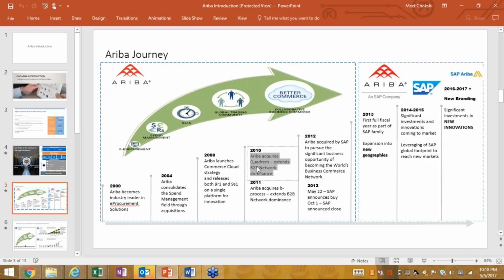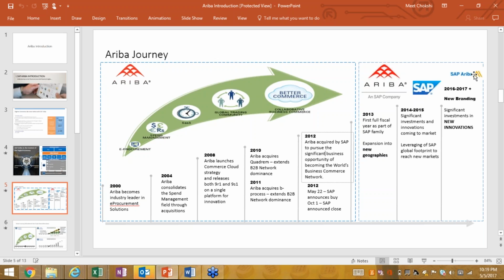This Quadrem system was the B2B network in the past, and Ariba acquired that network from Quadrem. So whatever we see now as the Ariba network was earlier a Quadrem application. Still, a few customers have the Quadrem application, which Ariba is eventually migrating. And in 2012, SAP acquired Ariba, and from then onward, this was the earlier Ariba logo, and now it changed to SAP Ariba.